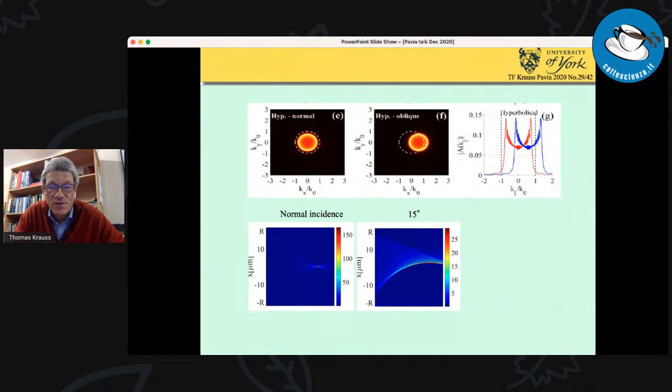So here I'm showing this. This is a real calculation. The hyperbolic phase, when it's in the center, is beautiful. It gives you this red distribution in k-space. But if you go off axis, then you shift the distribution laterally and you cause an asymmetry, which gives you this sort of distortion that I showed earlier, and that leads to the coma. So we don't want this.